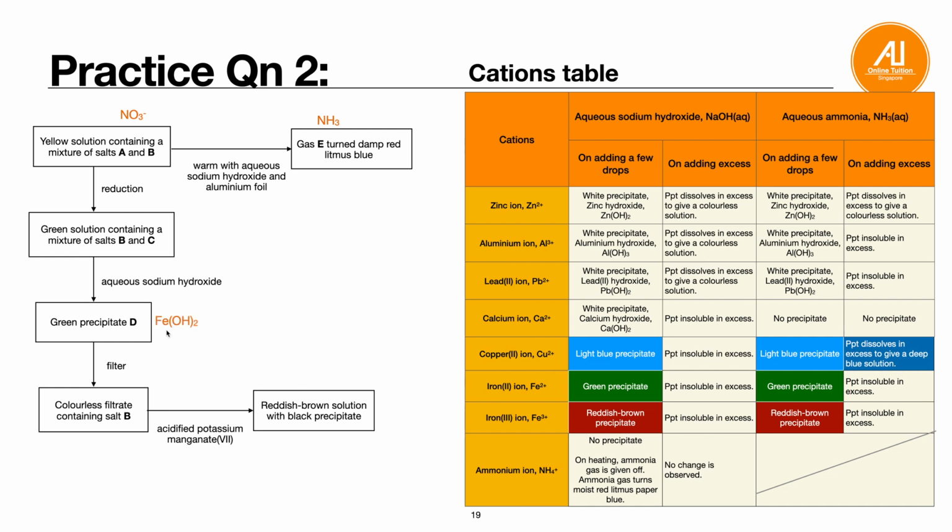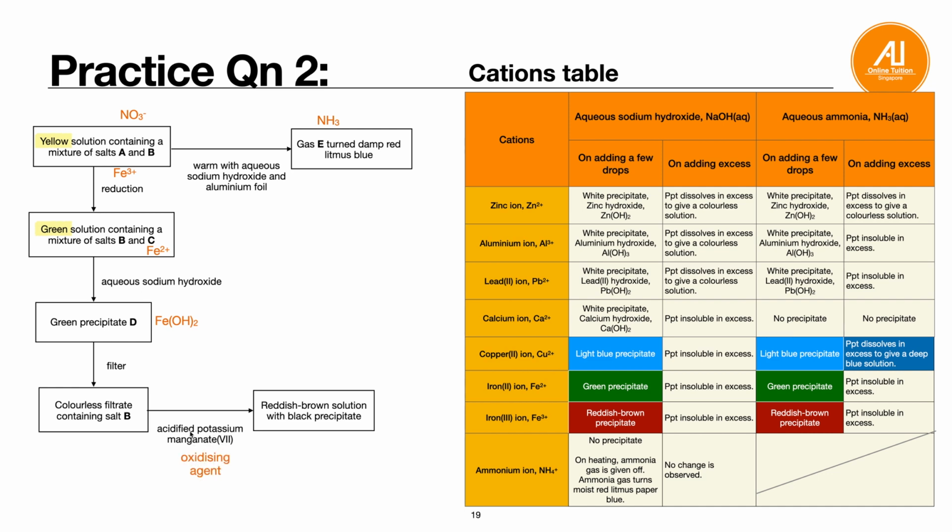Okay, and then so where does the iron 2 plus come from? It doesn't come from here. Okay, so green and then yellow. So iron 2 plus is from here, and then it undergoes reduction to get iron 2 plus. So if you go backwards, it will be oxidized. Iron 2 will be oxidized to iron what? Iron 3. So remember just now we mentioned iron 3 is actually yellow solution. Okay, and then next,